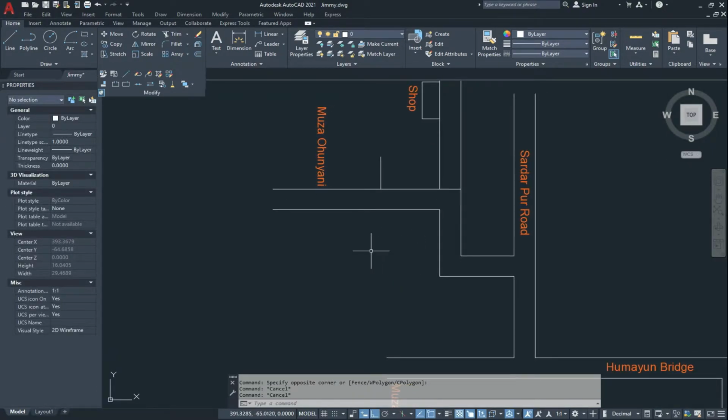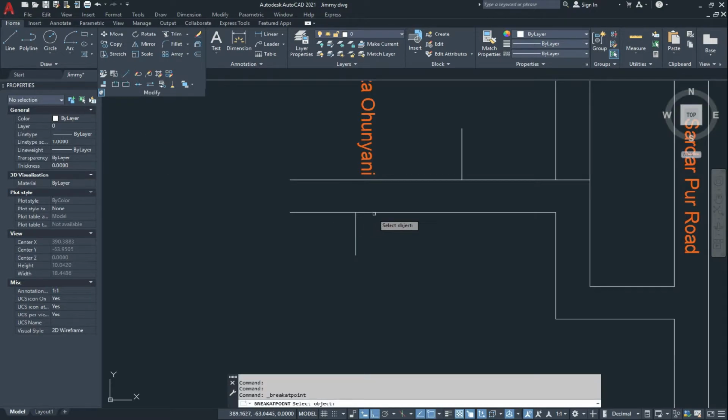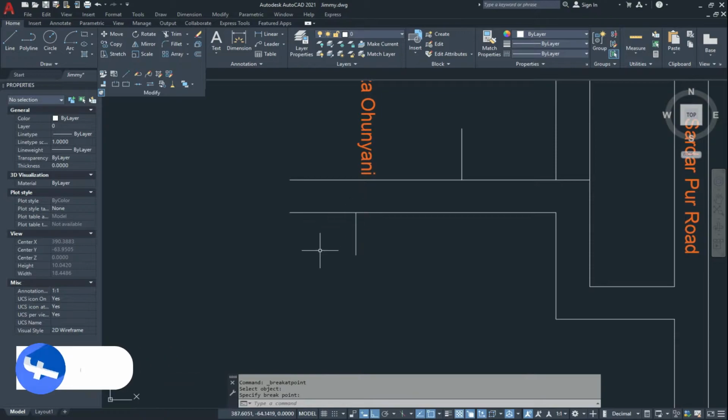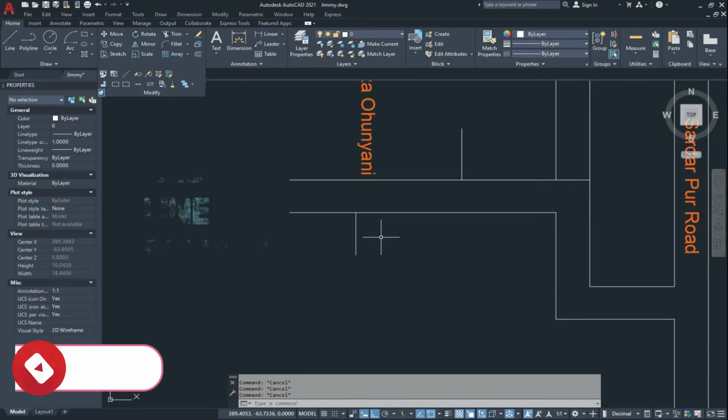So in this way you can use this tool. If I make my line here, click on break at point, select your line and give the specified point. So in this way we can divide our lines.